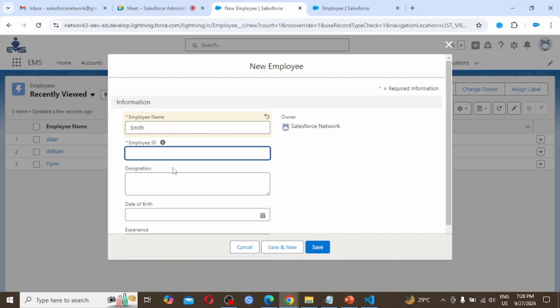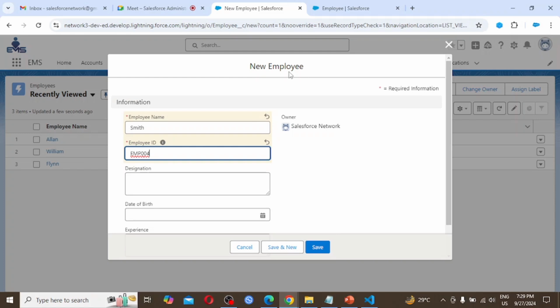Employee ID. Why am I providing the employee ID? For this object I had not taken the employee ID as an auto number. So in that case I have to provide the employee ID.